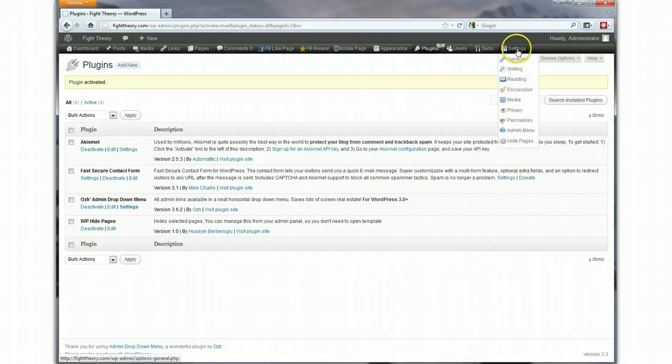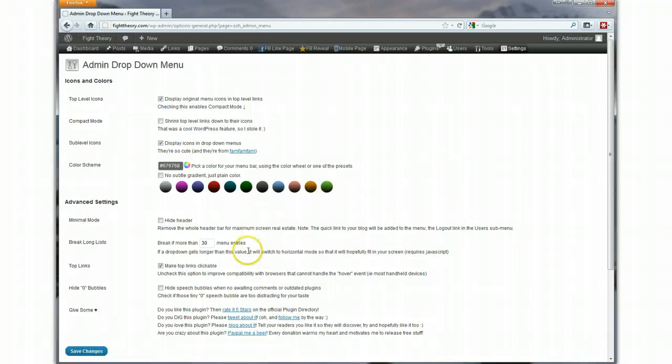One of the things that I like to do right off the bat, and here's the settings for it. Click on the admin menu. I like to hide the speech bubbles, because unless you actually have plugins that need to be updated or comments that need to be taken care of, you'll have these little speech bubbles that say 0 up here all the time. So I like to